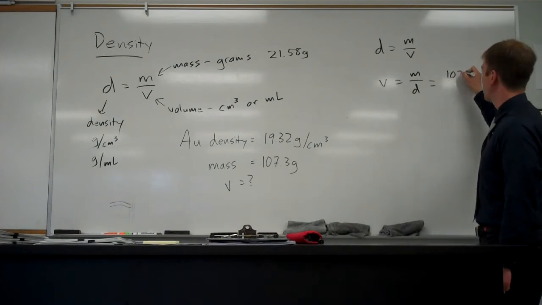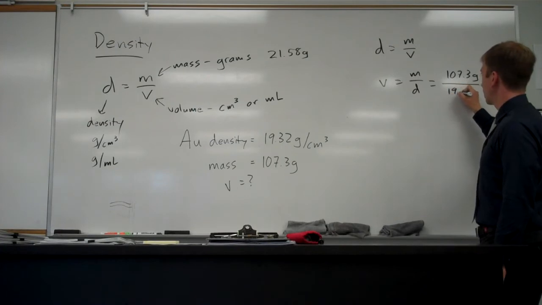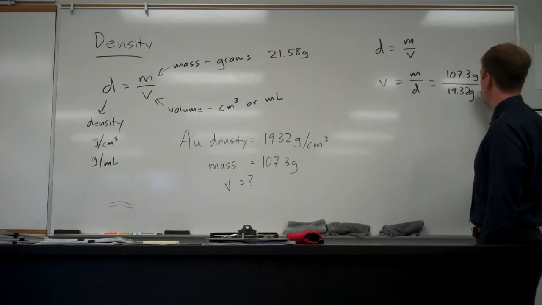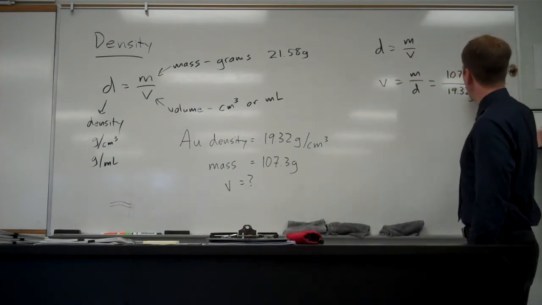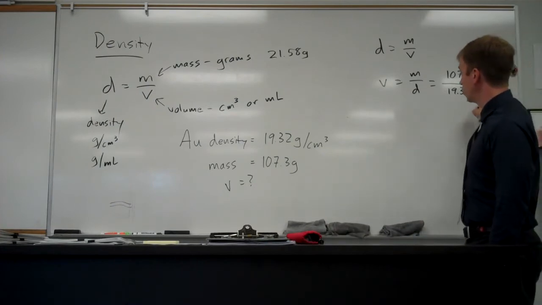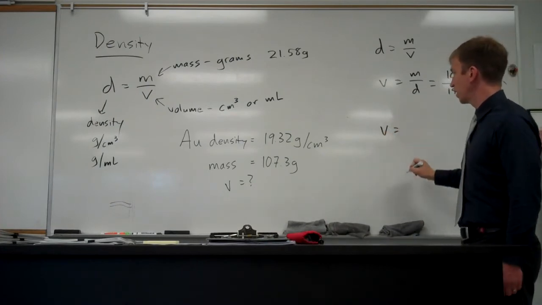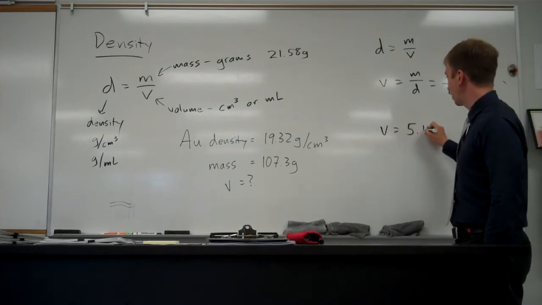The mass is 107.3 grams. The density is 19.32 grams per centimeter cubed. If you flipped over these fractions, you would find that the grams cancel out, and so your answer is going to be in centimeters cubed. And if you do the calculation, you'll find that you have an answer something like this,